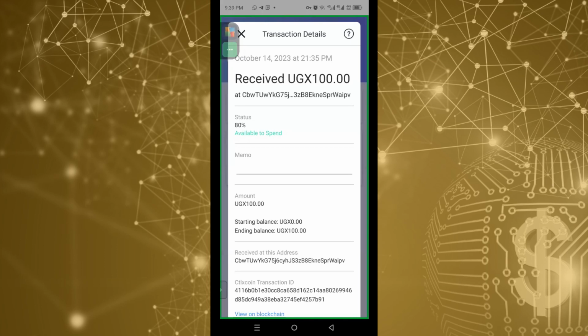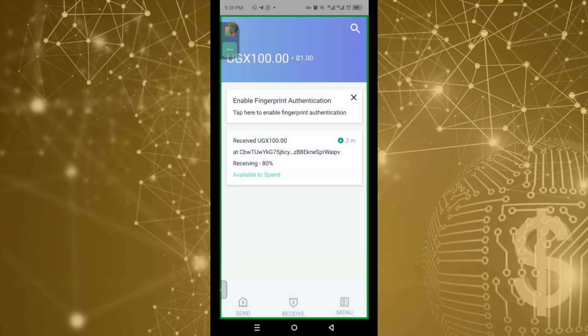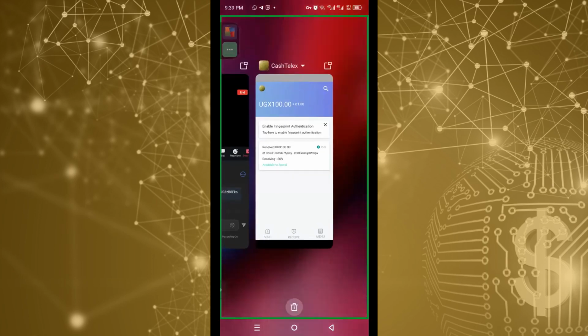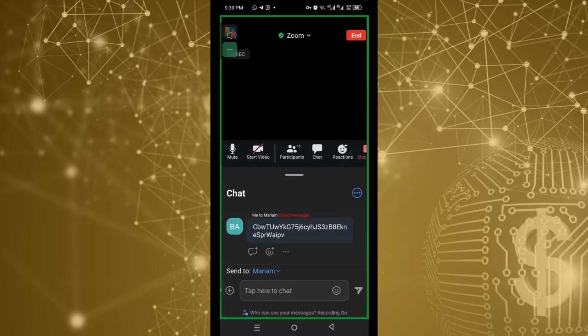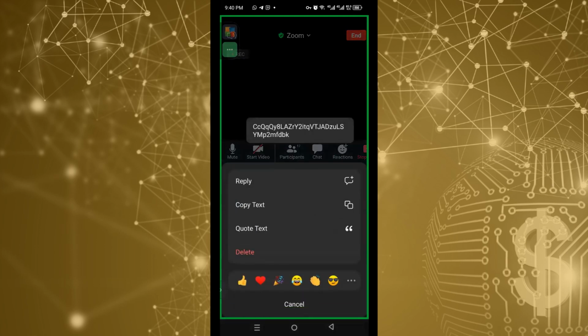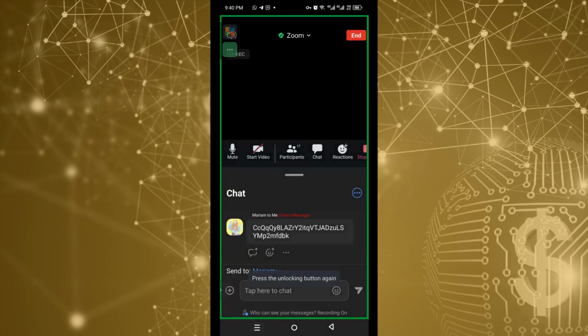And then how am I going to be sending this money back to where it came from? It's where I'm going to be taking you. Mrs. Mariam, I'm kindly requesting that you share with me your wallet address. She'll share with me her wallet address here, send it to me directly into the chat. Now she has sent me her address where I'm going to send the money. I'll just click onto it, I copy the text, and then I will come back here